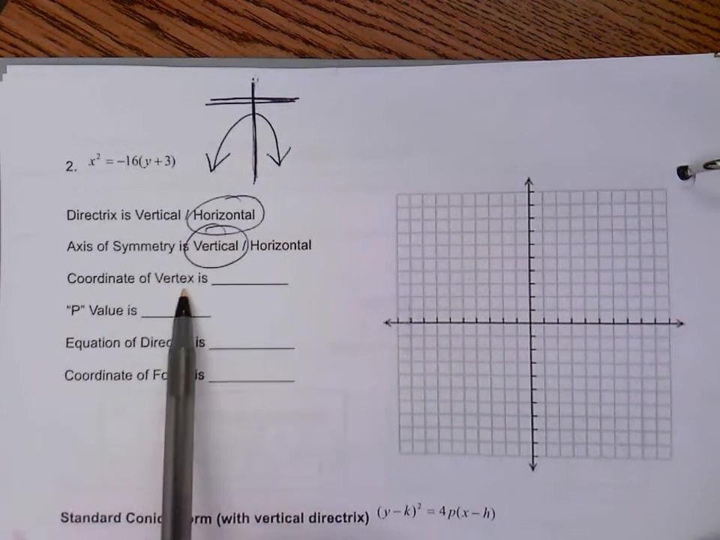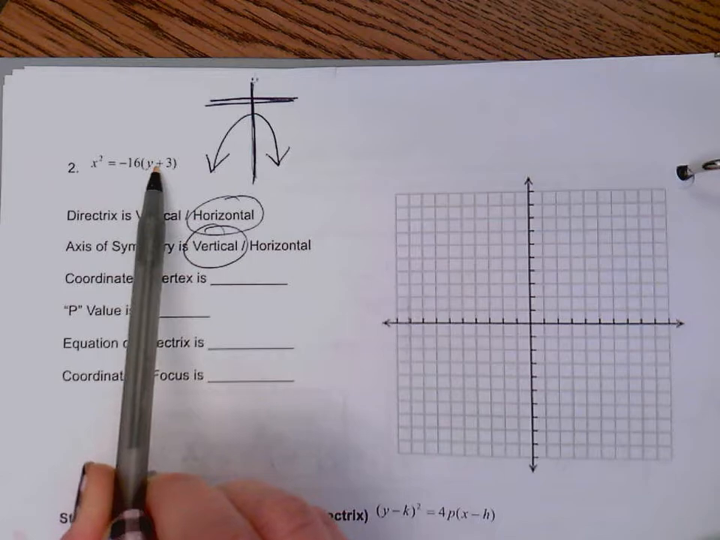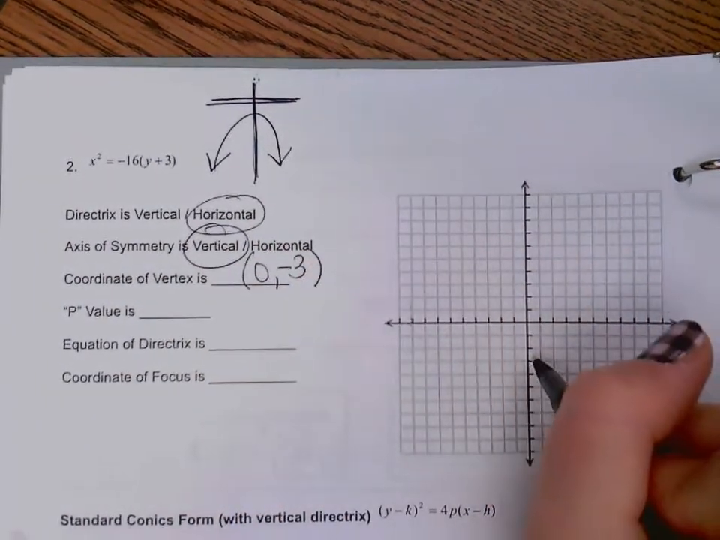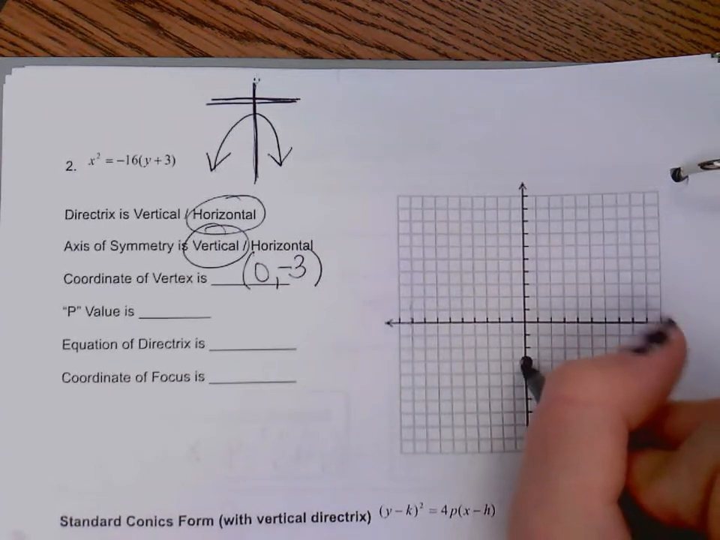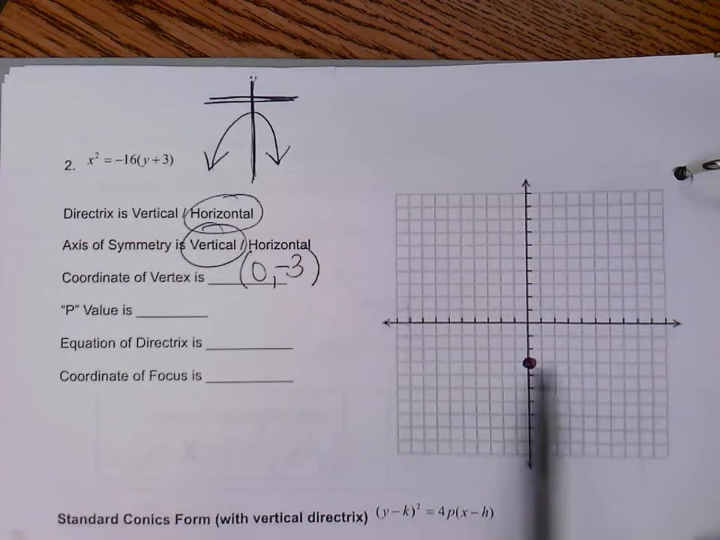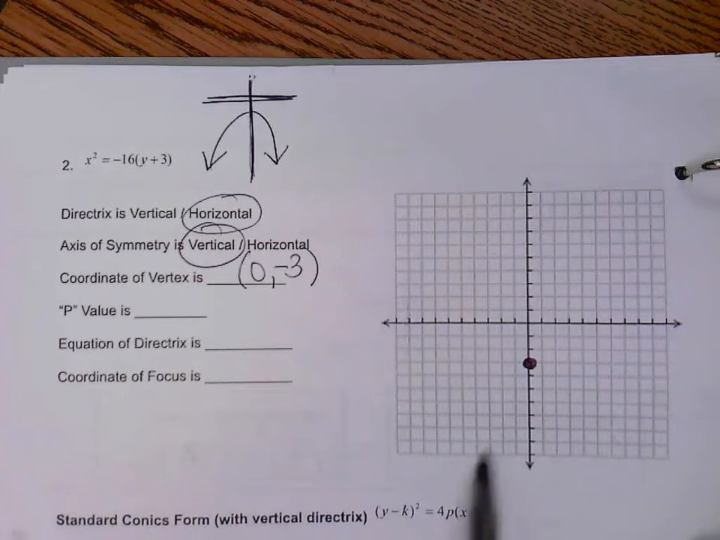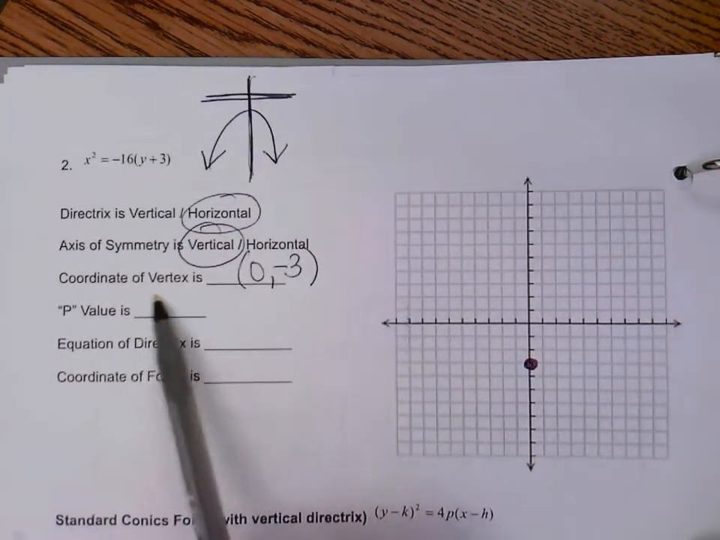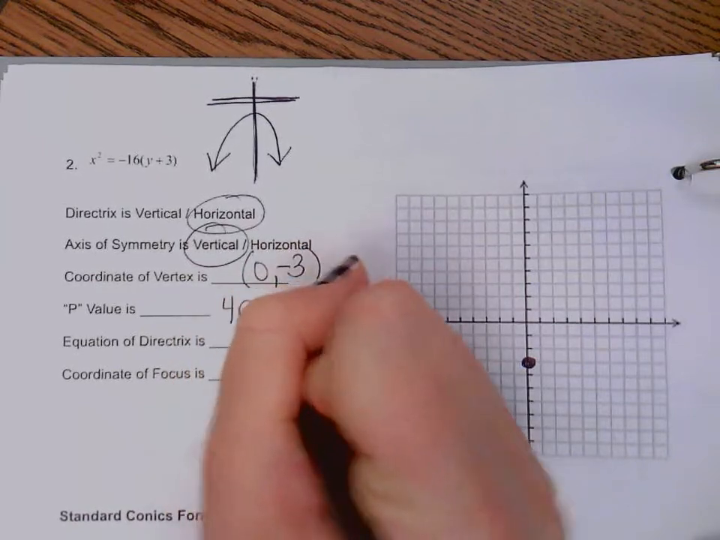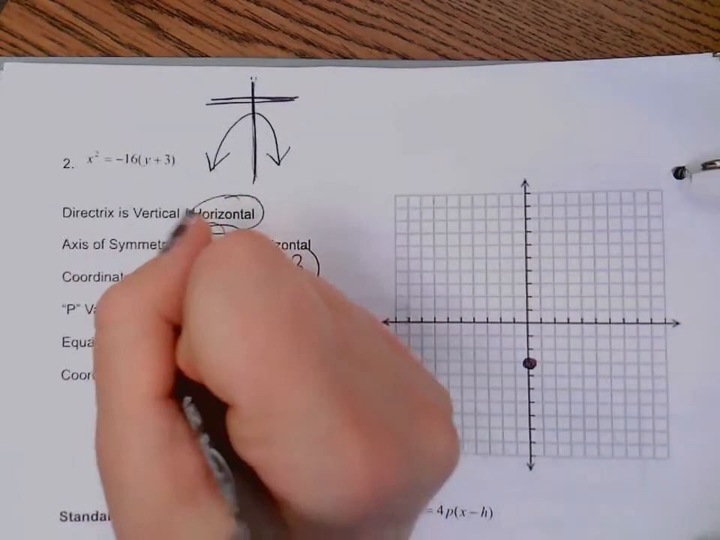For the coordinate of my vertex, I'm going 0, down 3. So 0, comma, -3 is my vertex. It's going to look like this, right, from here. So just keep this in mind the whole time. What does the end result look like? A concave down parabola. The p-value: if 4p has to be -16, p by itself is -4,